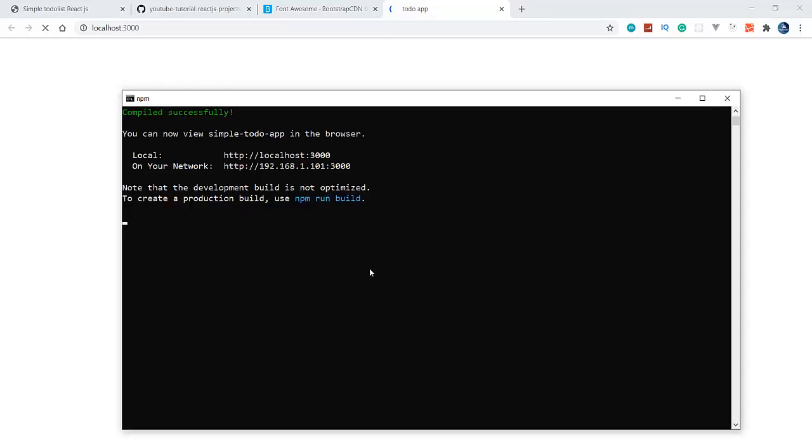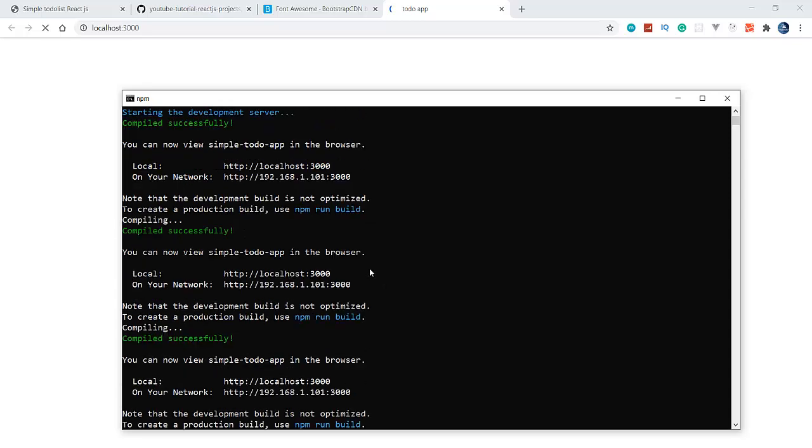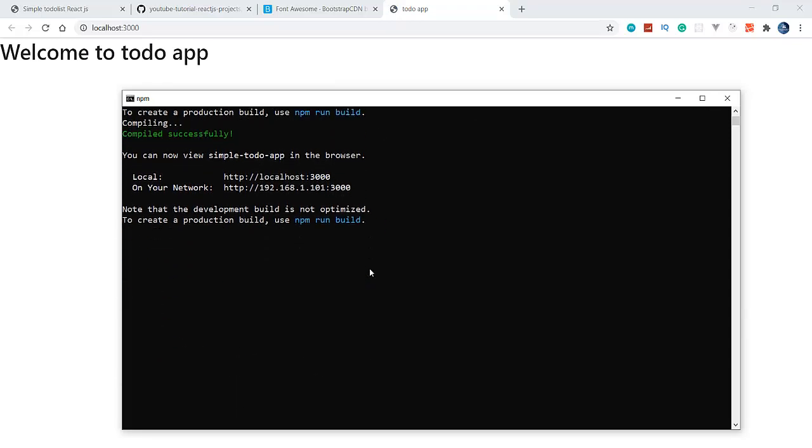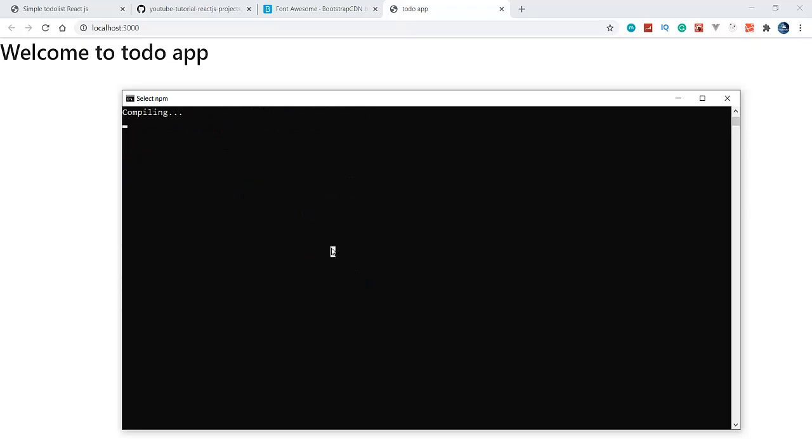So go to the browser here. So it is refreshing. Yes, it is compiled successfully, and it is compiling for the second time also. So it will take a little time. So it depends upon the machine, and how many softwares are opened here. So how many applications are opened, how many tabs are open, and it will depend upon the processing speed here. So a little time it will take.